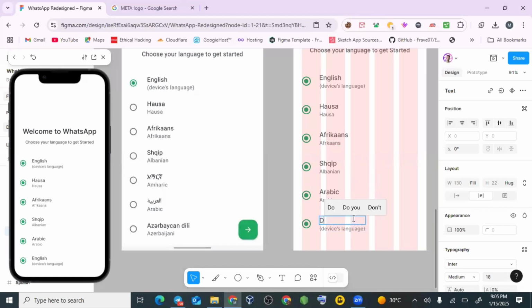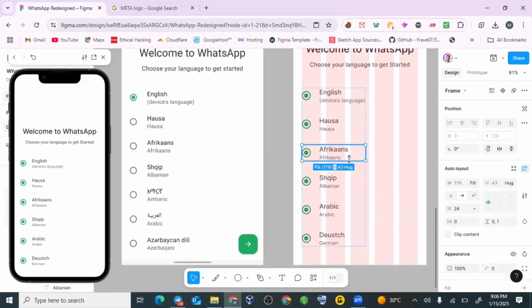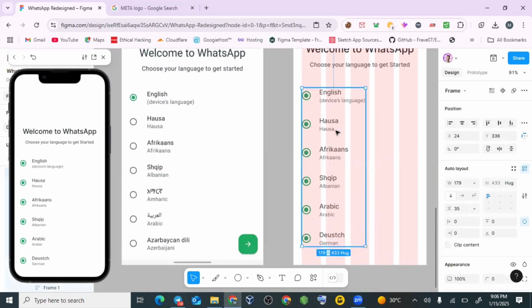So I will just put maybe Deutsch, or maybe I will put German for you. I don't know. Yeah. So let me duplicate. Now I will do something with this particular